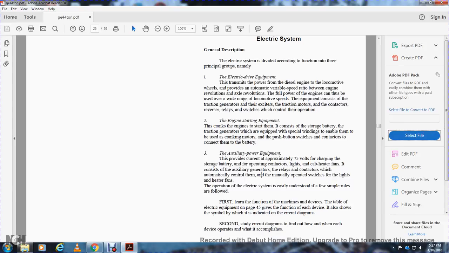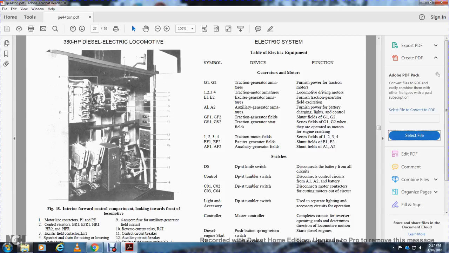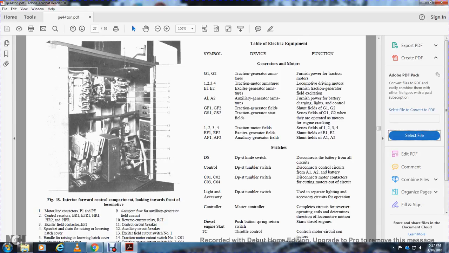The second is to study the circuit to find out which devices operate and what each accomplishes. All right, Figure 18. One, going clockwise: motor line contactor P1, P2, PME1 and PE contactors, rheostat resistors, exciter field contactor, 3, 4, sprocket chain raising, lowering hatch cover,